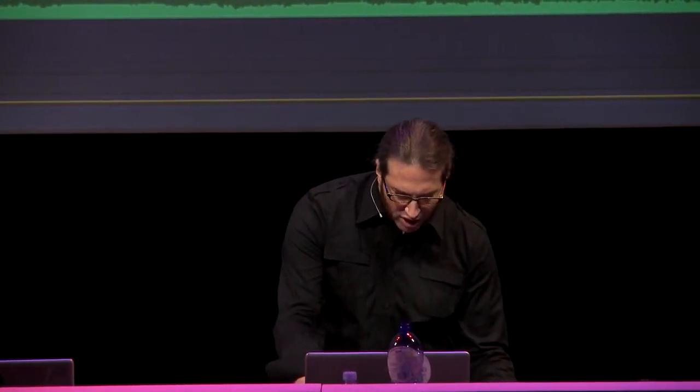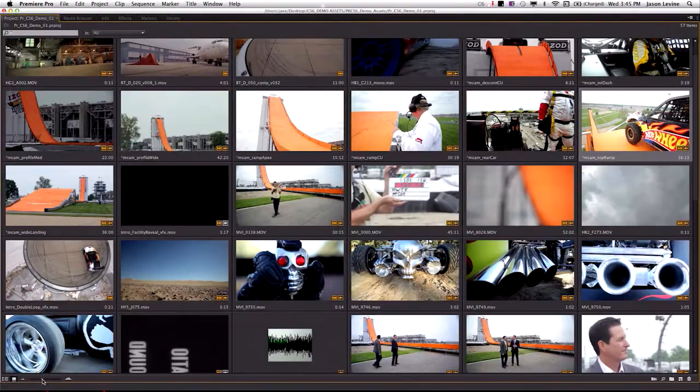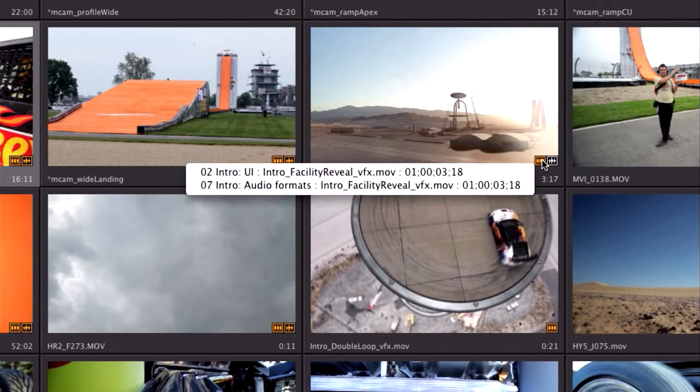Okay, so we're okay. In any case, user interface, removing frustration. First thing you'll notice inside the project panel here, again, hover scrubbing, as we showed you before. The ability to go full screen on this panel. The ability, of course, to resize all of your thumbnails larger than a thumbnail if you so desire. But also a lot of indicators to tell you things like, oh, this clip has video and audio, which is being used in sequence 2 and sequence 7 at those timecode locations, right? So more video, the ability to scrub the video, to set in and out points directly in the project panel, to begin a new sequence right from the project panel, indicators to tell you where the content is being used,